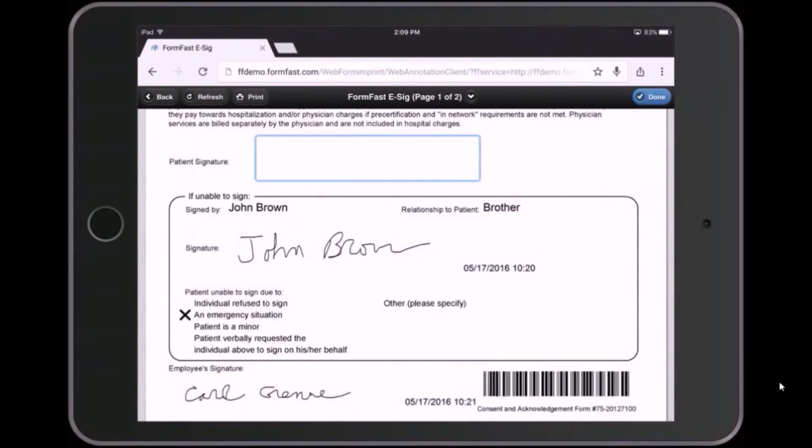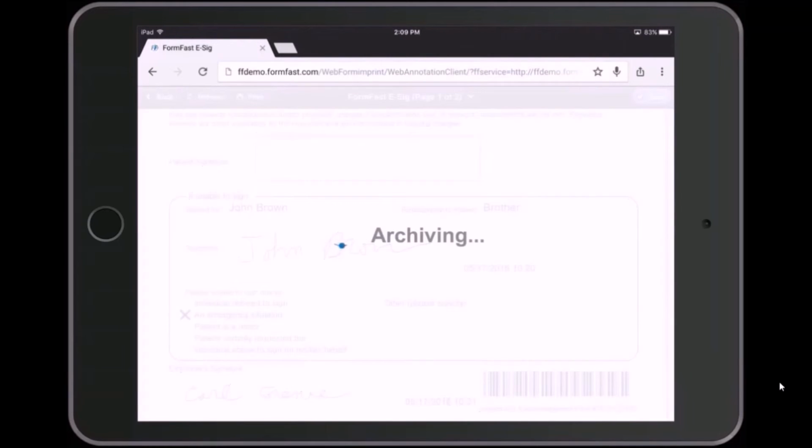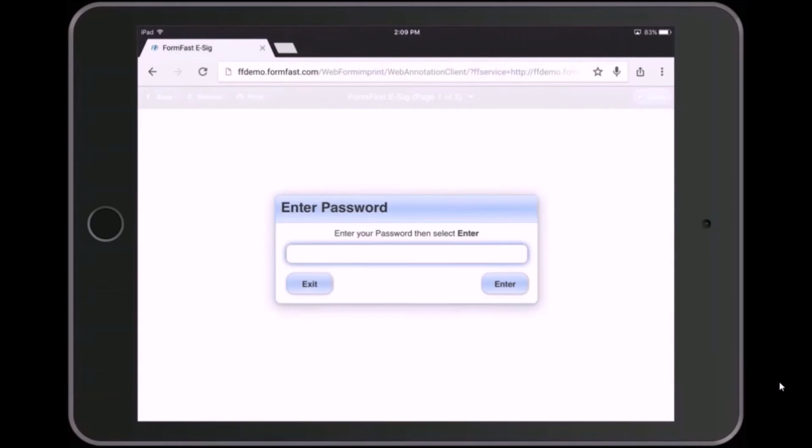Now that the document has been completed, Carol will click on Done in the upper right corner to archive the document back to the patient's health record. FormFast is exporting the signed documents as a TIFF image file along with the patient's medical record number and account number for your hospital EMR to automatically archive the signed forms under the correct patient record. There is no need to print and scan documents as FormFast will transfer them electronically to the patient record in